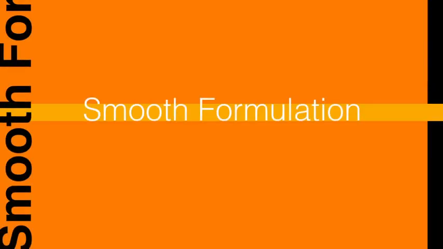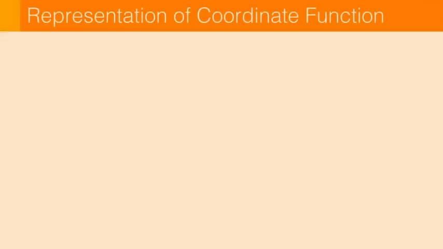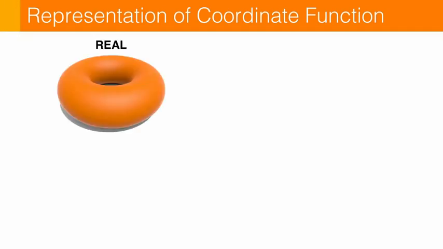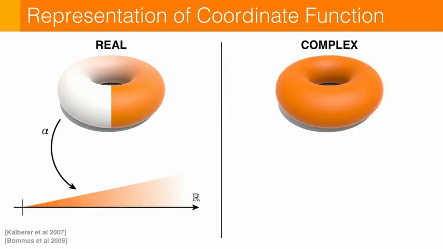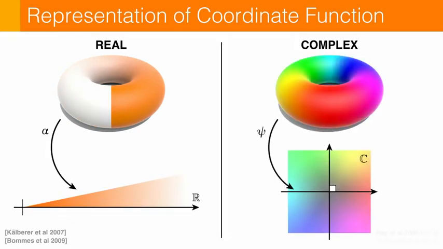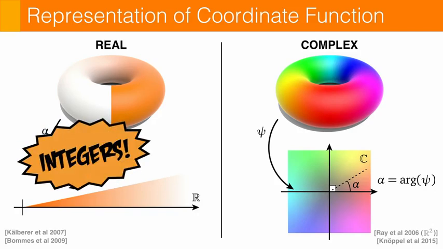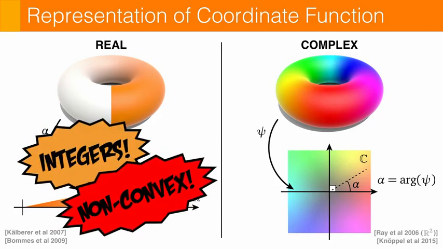So how do you compute a parameterization of a vector field? Well, first you have to choose a representation. And so there are basically two different choices. I could use a real function that directly encodes the coordinate value, or I could use a complex function that indirectly encodes the coordinate as the angle with the real axis, or in other words, the argument of the complex function. Now, with this real function, you notice the value can suddenly jump, which means we also have to deal with integer variables,